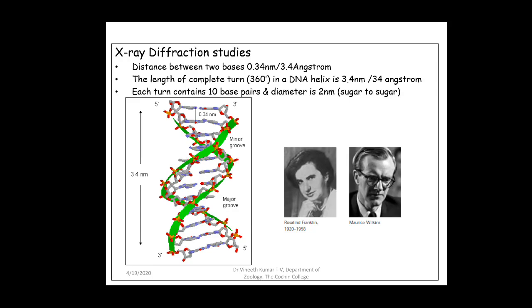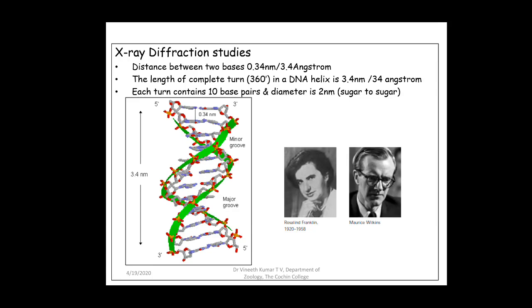This happened in the early 1950s, and DNA produces a characteristic X-ray diffraction pattern, and from this pattern they deduced that the DNA molecules are helical with two periodicities along the long axis. So it is a fiber which has a long axis. One of the periodicities is a primary one, which is 3.4 angstrom or 0.34 nanometer, and a second periodicity in the structure is a 34 angstrom or 3.4 nanometer periodicity. Coming to the structure, we'll discuss that in detail.